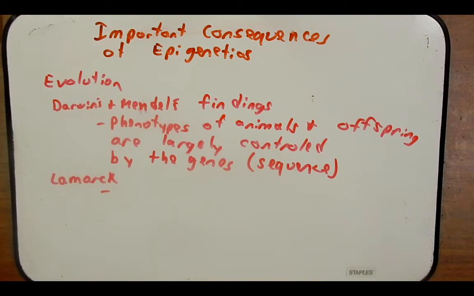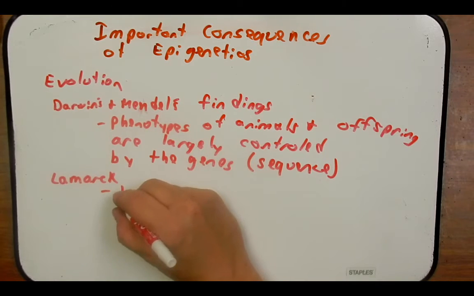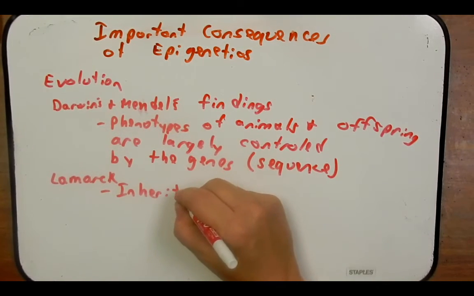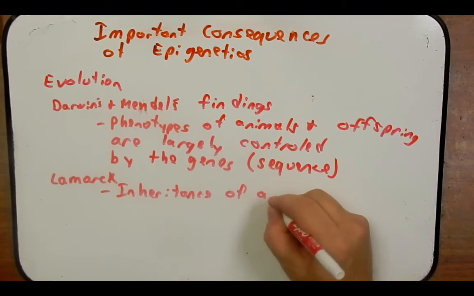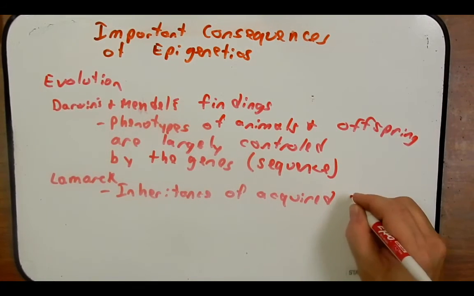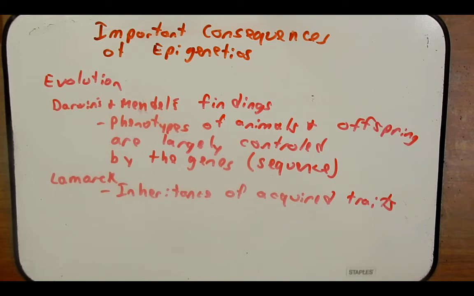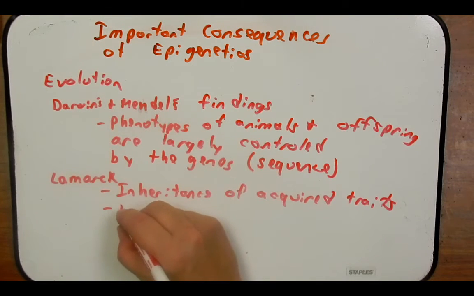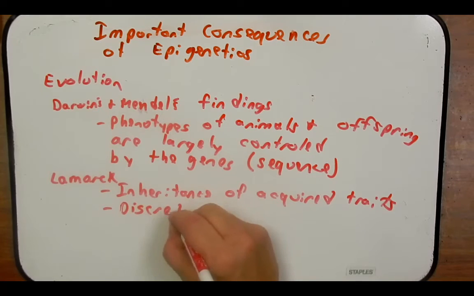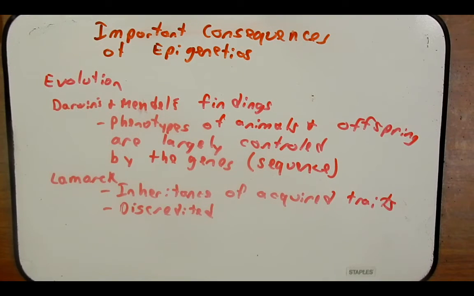And Lamarck thought that, we've talked about this term before, but the inheritance of acquired traits, meaning that traits that an organism acquires throughout their lifetime because of experiences from the environment, they could pass those on to the next generation independent of their genes. And over many, many years, Lamarck and his ideas were largely discredited. And for the most part to this day, we don't really think so much of this inheritance of acquired traits